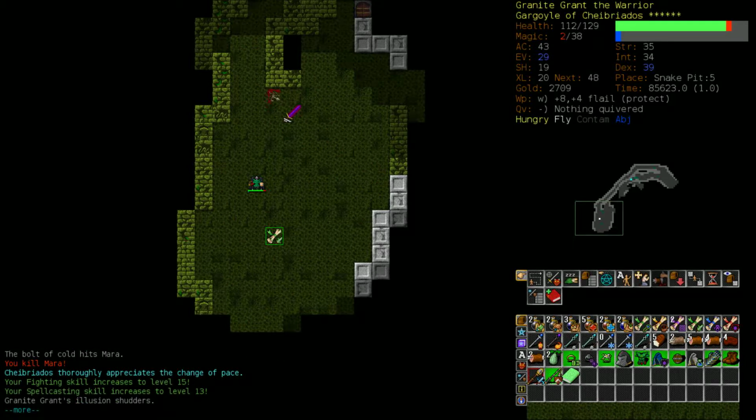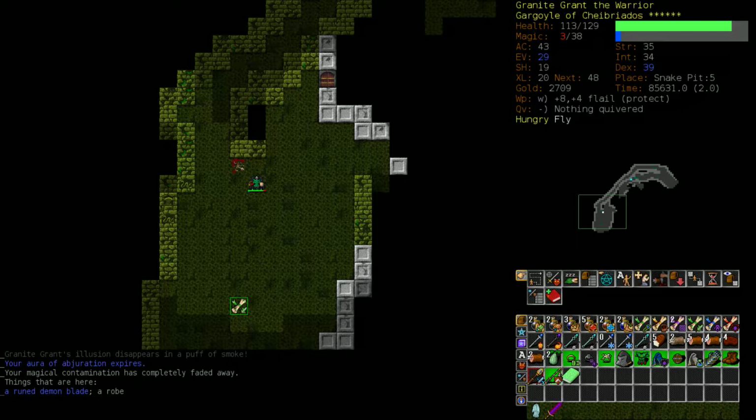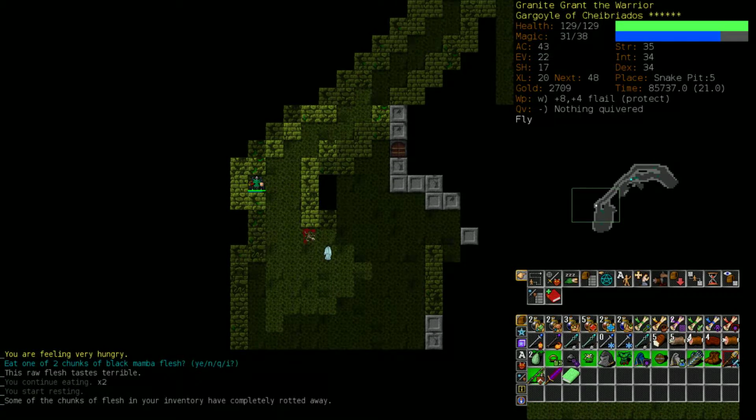Boom! Awesome! We did it. Wow. Tough fight. Very tough fight. Let's pick up this demon blade just so nobody else stumbles across it and uses it. I mean, obviously we aren't going to be using it, but...